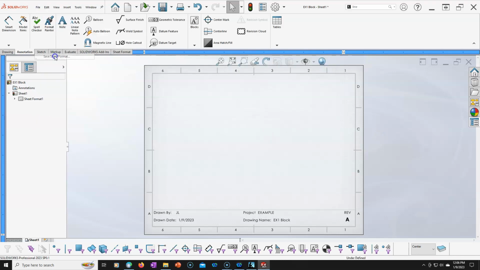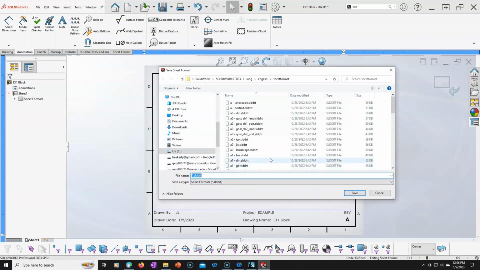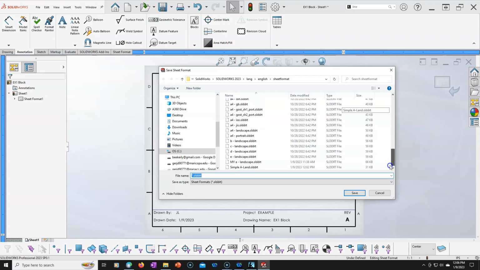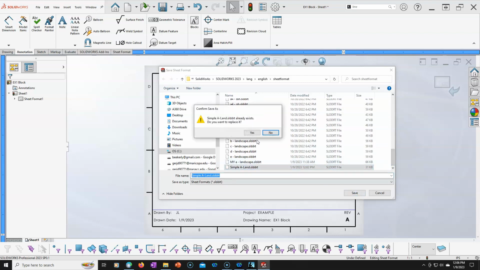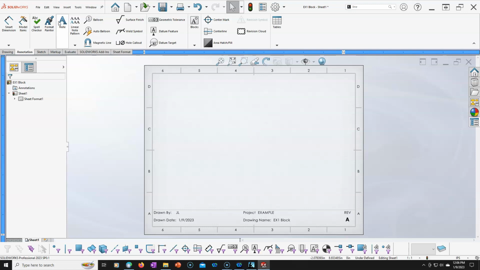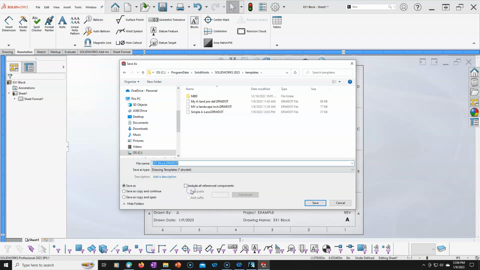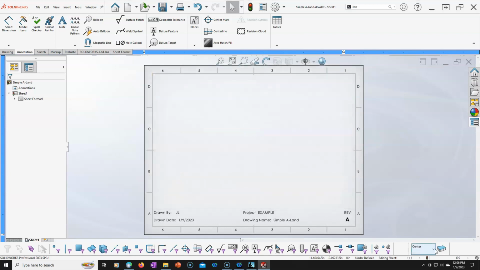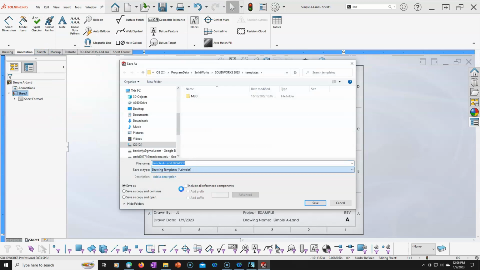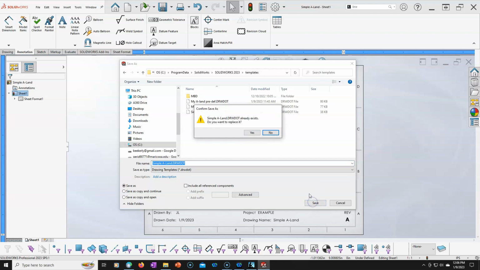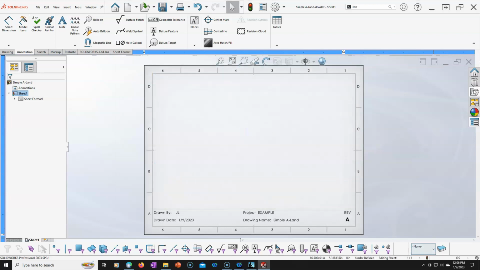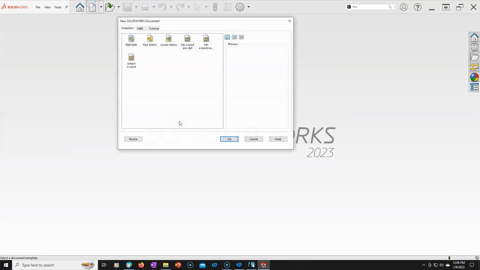Alright, so same process, save sheet format. When you watch the rest, simple A landscape, when you watch the long version, we do that a lot. And then save as, and it's really just a safety, make sure everything gets updated and is correct. Alright, so the one thing I didn't do was put that back to none, and we'll check and see if that saves with a document template, because since it's already named, I'm suspecting that that will travel with the template. Alright, so new,